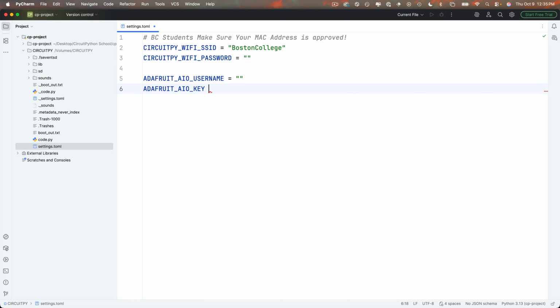Make sure it's AIO in both of these cases, not just IO. For now, we'll set this to an empty string. We'll update it in a bit. And we're also going to add a key with the word BROKER, all caps, and we're going to refer to this in our code when we want to know the website that our Pico is connecting to send and receive MQTT messages. And to enter this, we'll just set this equal to the string io.adafruit.com. And then finally, we'll add PORT in all caps and set this equal to a number. So this is not a string, no quotes here,